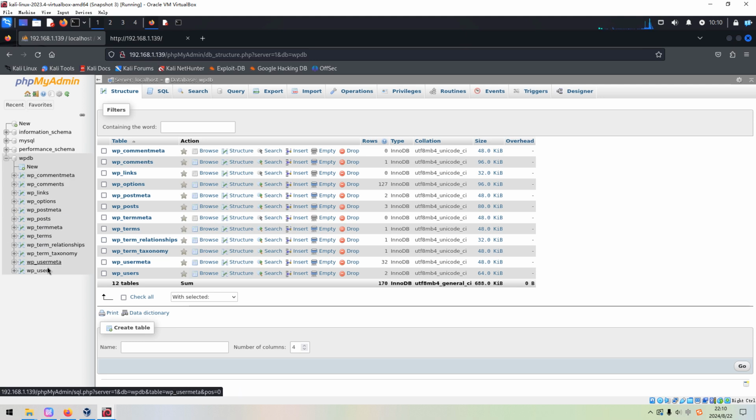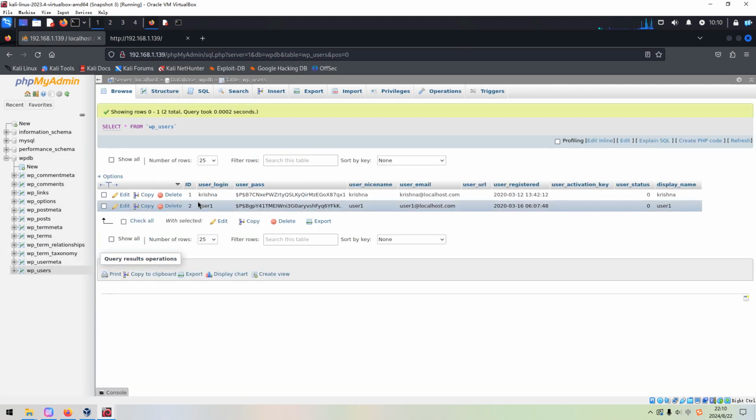The users table contains credentials, and there are 2 users. The first one is Krishna, and we can copy it. Maybe the first user should be the administrator, or has more privilege than the second one. We can copy,